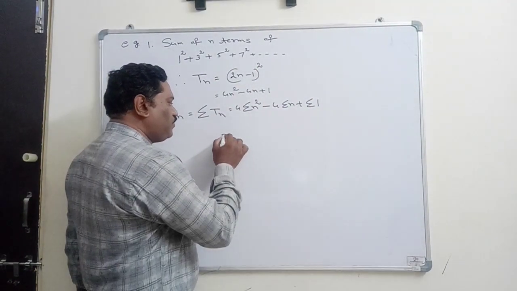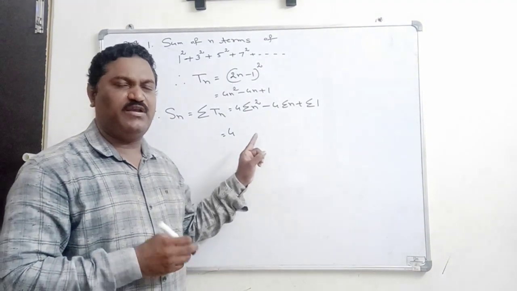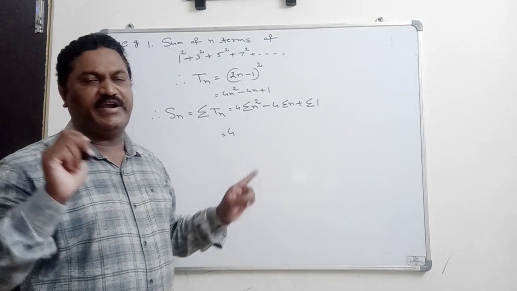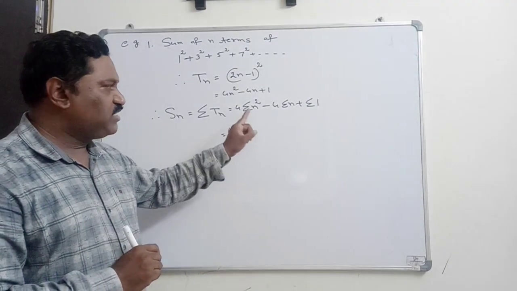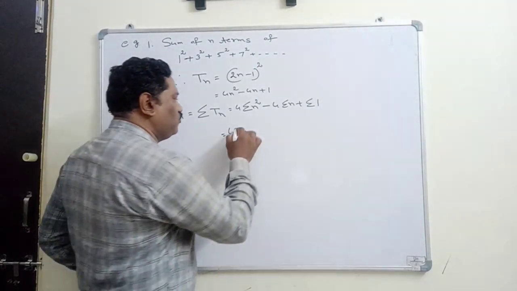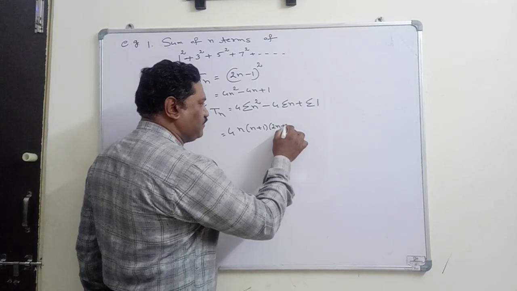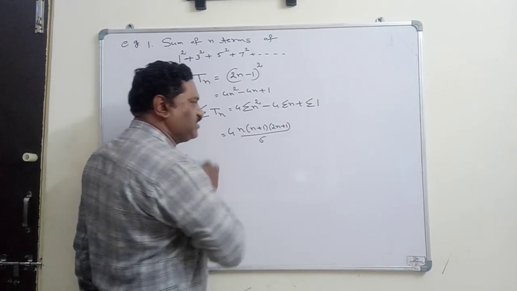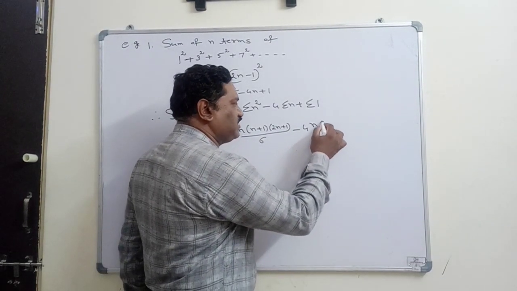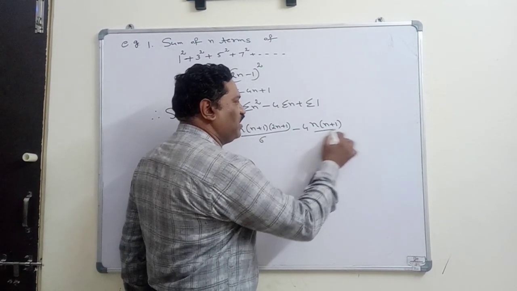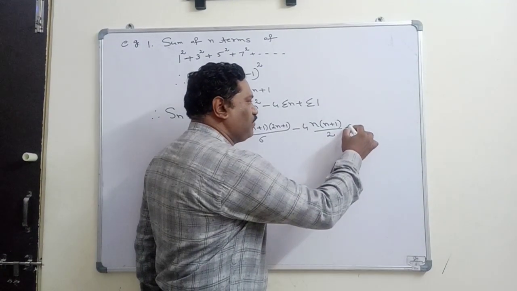Now it is 4 times sigma n square, that is going to represent the sum of the first n square natural numbers. We know the formula for sigma n square is n into n plus 1 into 2n plus 1 by 6. So that is the formula for sigma n square, minus 4 times sigma n, that is the sum of the first n natural numbers, that is n into n plus 1 by 2, plus